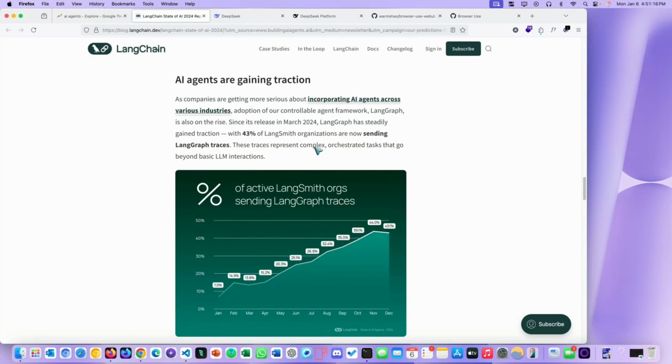Today it's an interesting one because we are taking a look at AI agents, and specifically we are talking about integrating something known as DeepSeek's API with something known as browser use. So we'll take a look at all of these things, but first it's very important to understand why we are